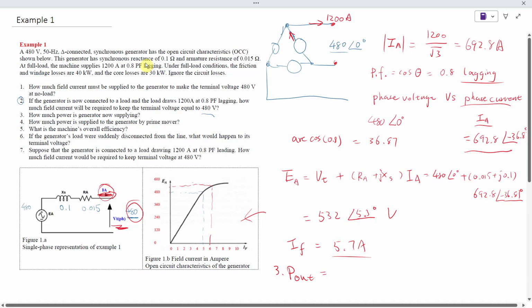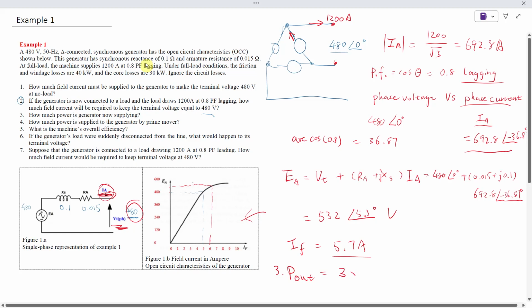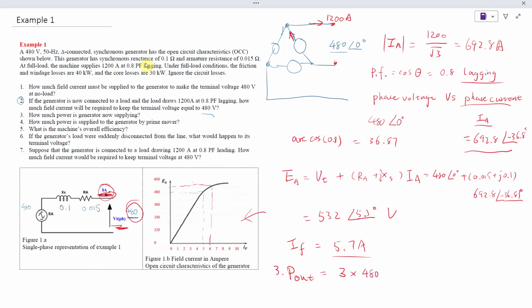So this voltage is across the generator, and the current flows outside from this generator. So we need to use this phase current instead of the line-to-line current. Okay, line current. So we need to have 3 phase, and each phase is the phase voltage